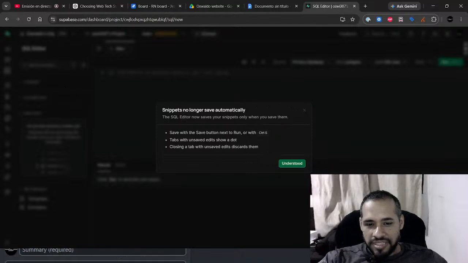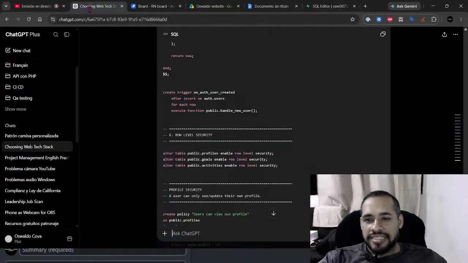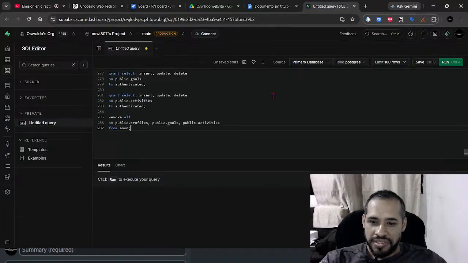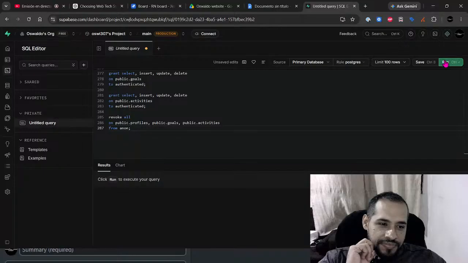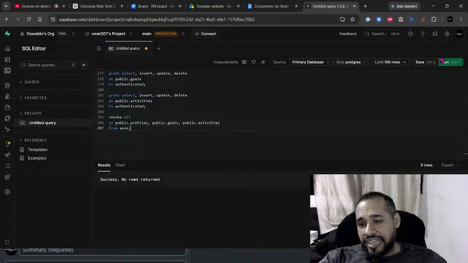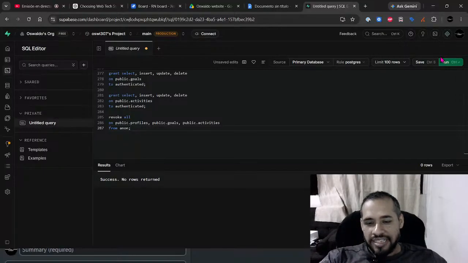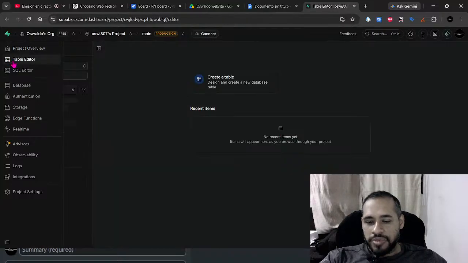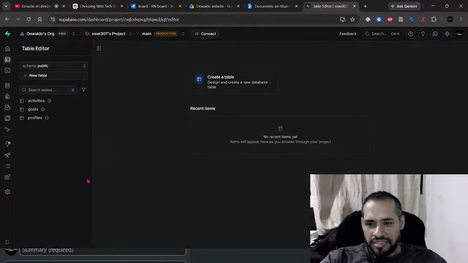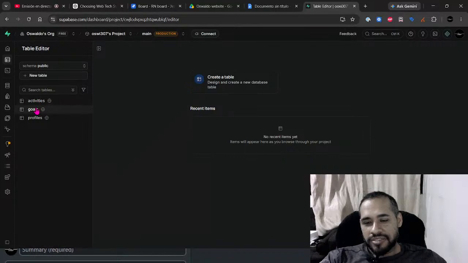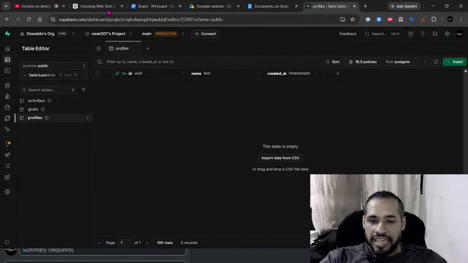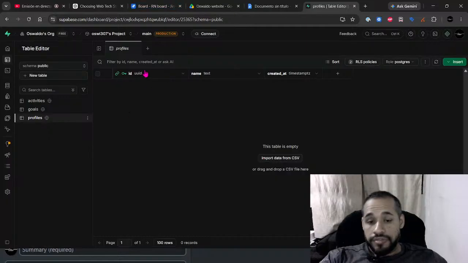Okay, understood. Let's see what happens if I do this, paste it here and run it. It should create the whole table and the whole thing. It should succeed, no rows returned, and we can have a table here. As you can see, we have our tables here: activities, goals, and profiles, and we have the fields that we created.